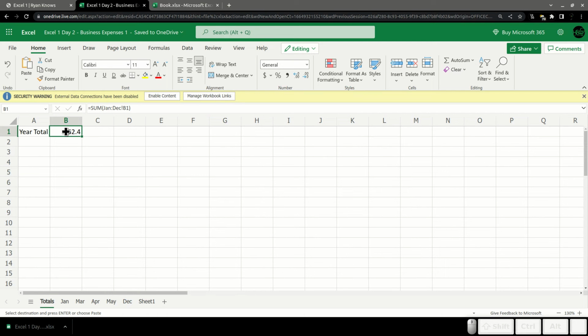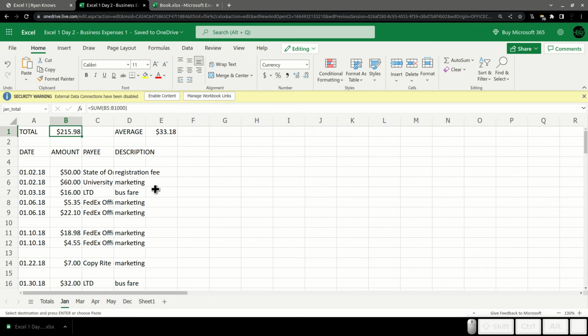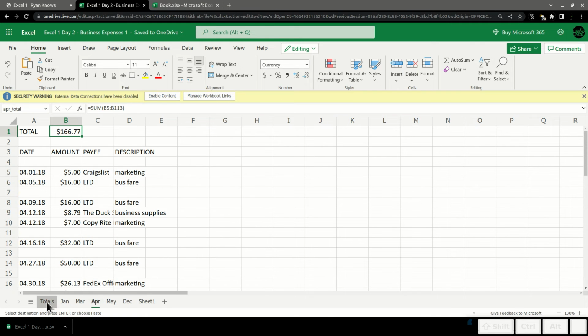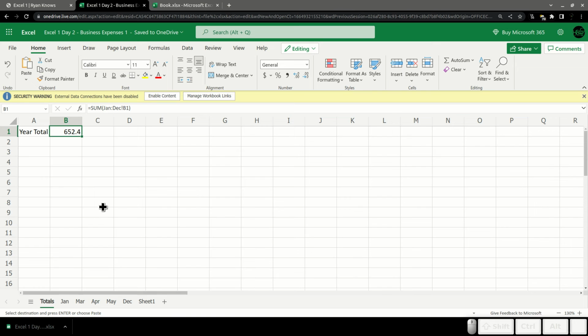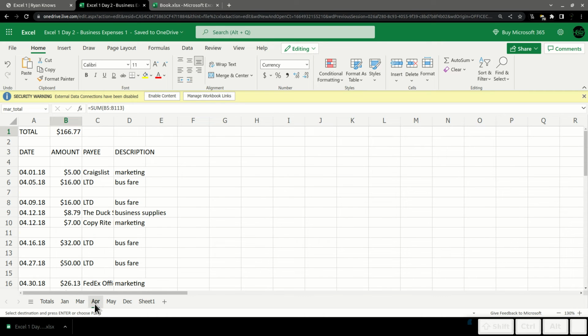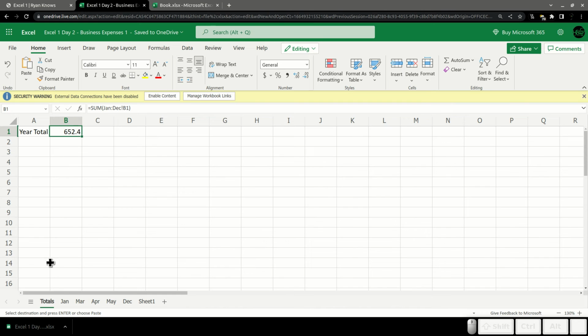One of the things we're going to talk about on day 4 in a couple of weeks is expanding this to say, give me a total for all bus fares, registration fees, each of my categories here. And what we can do is we can create sort of a nice little dashboard or summary page or something like that. So we'll have all of this data, which we could dive into if we needed to specifically, but we would have sort of a cover page for our Excel workbook that has sort of a summary of all of the relevant information.